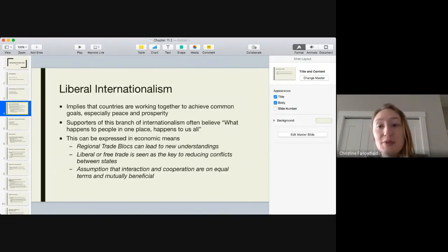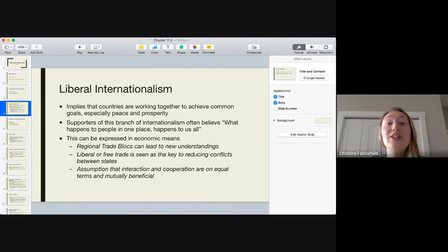Liberal internationalism is the type of internationalism that the majority of you think of when you think internationalism. Side note, if anyone wants to keep track of how many times I say internationalism in this presentation, it's probably like 150. This is the rainbows and sunshine and everything's great and everyone's unified and together and we love each other and working together is so much better than working alone. And it implies this idea of peace and prosperity as inherent.